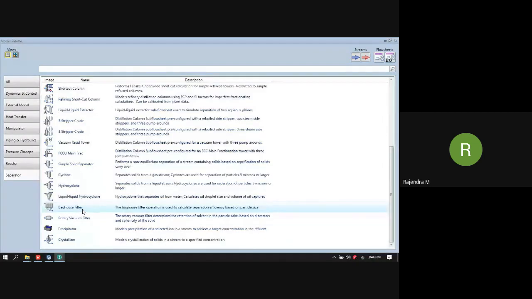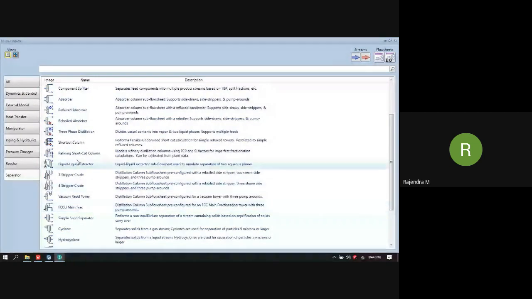And other ones like the liquid extractor. When you have a liquid extraction column, you can model that in a rigorous way by using this LLE extractor. It performs the liquid extraction based on the separation of the phases,